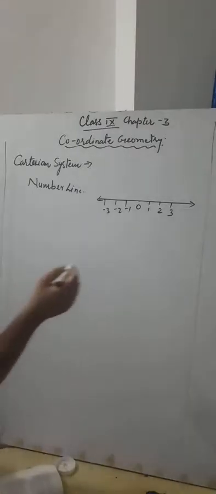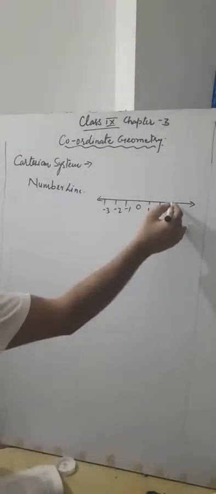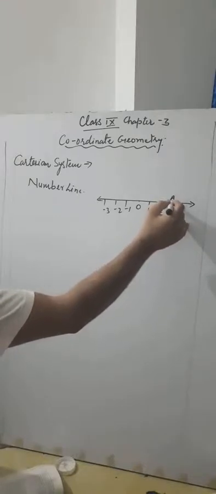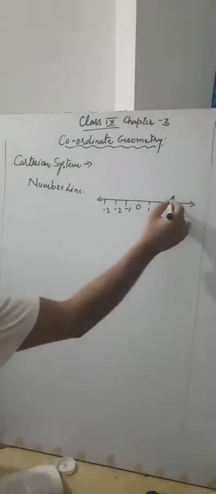This is number line. If we take a point, suppose that we take the point at this place. So the value of this point is 3. Means the value of this point is 3, means only one number, because this point is lying on a number line. Suppose that we take two number lines